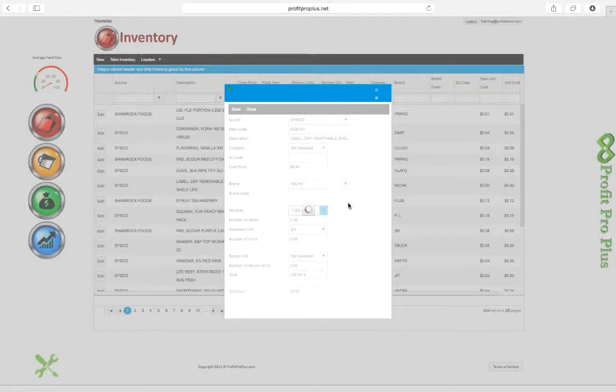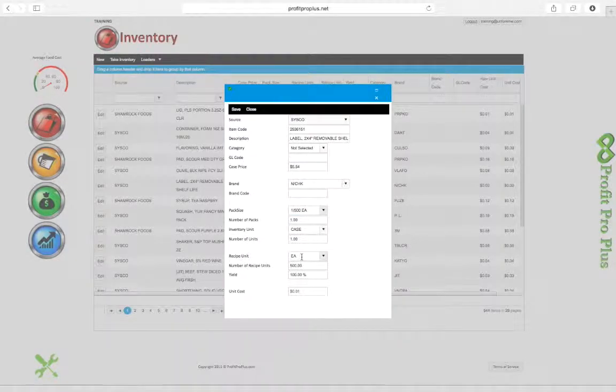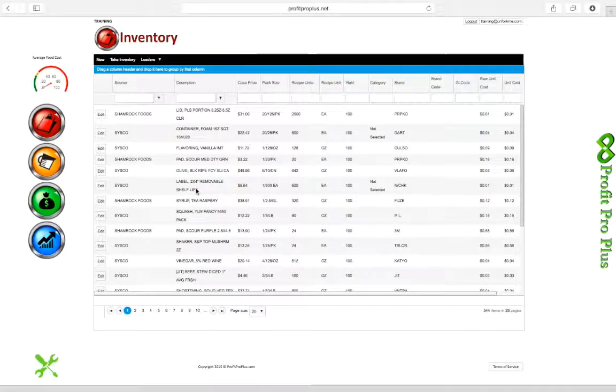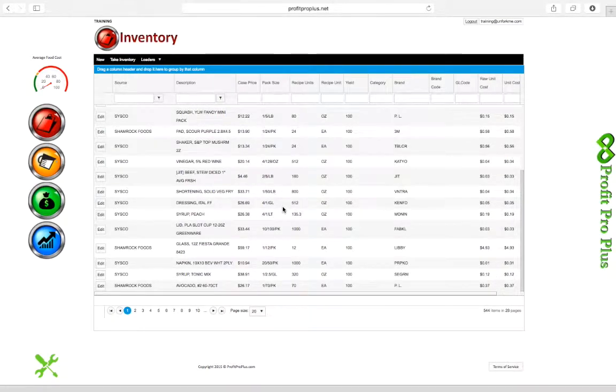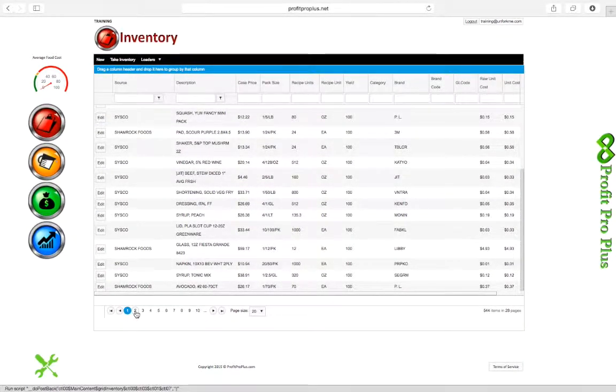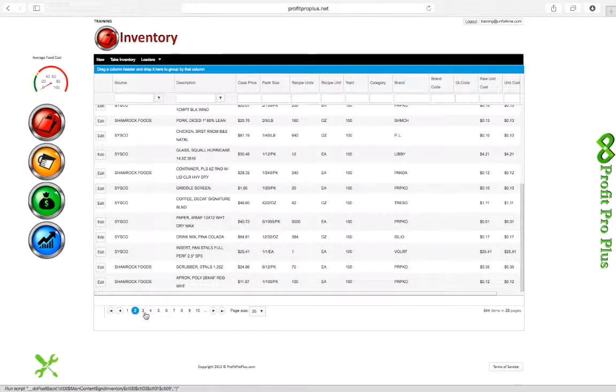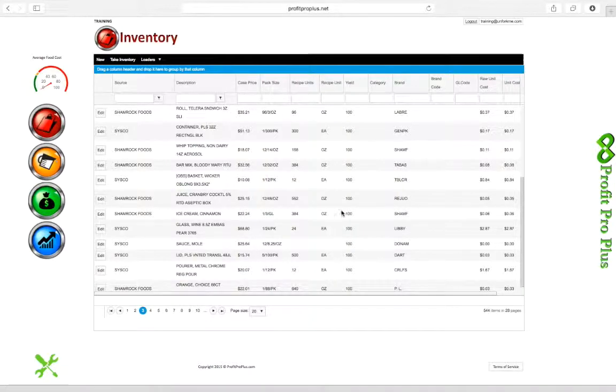And you'll see when I click that item, it's going to tell me that there are recipe units of an each, 500 of those recipe units per case, 100% yield, and that they cost us 1 penny per label. I'm going to save that. And now when we look back at our label, we will see that that is no longer missing. So we can continue to scroll through our program to see if we find any more of these. And this is an important maintenance function when you first import all of your data. Now, we hope to close that gap so that it eventually doesn't exist, but as a new vendor or new product enters the scene,